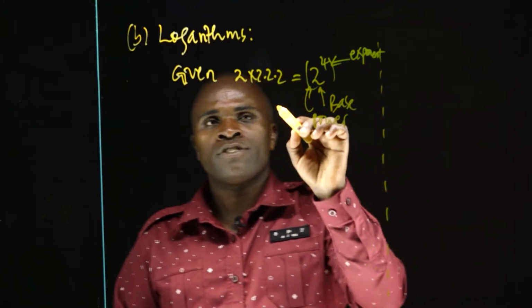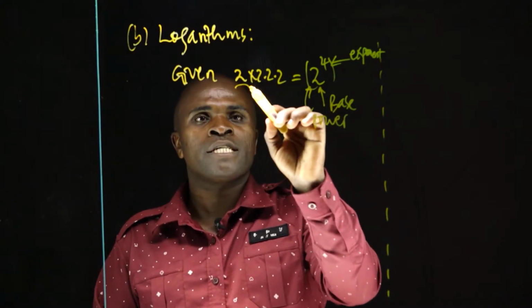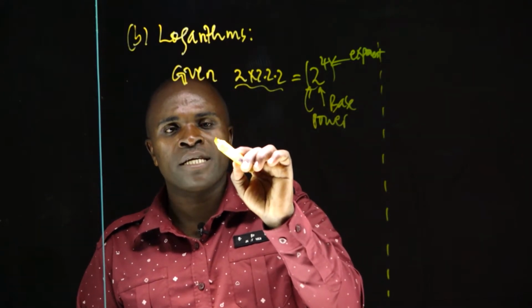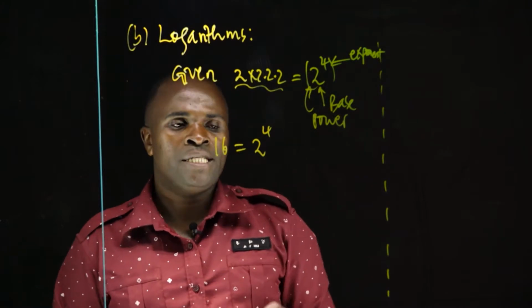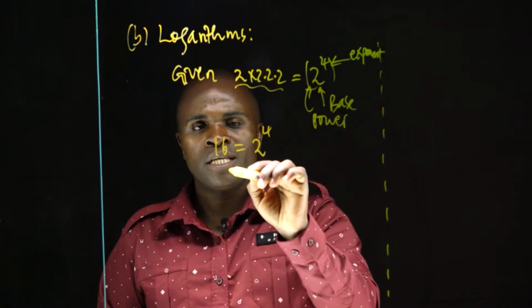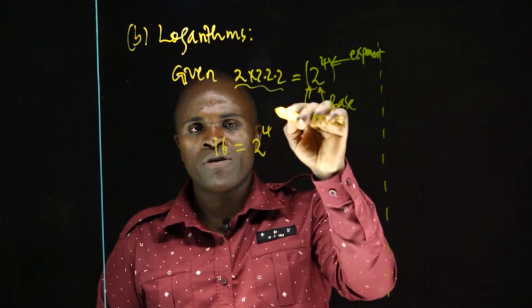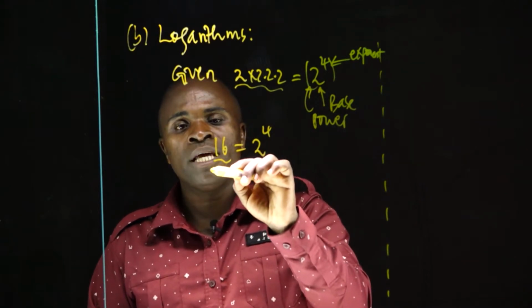But now, let us check the result upon taking 2 times 2 times 2 times 2. The result in this part is 16. Therefore, we simply write 16 equals 2 power 4. Our intention here is to know the name of this number. Clearly we know this is a base, exponent, and the combination of this is called power, but this 16 is the one we give the name product,